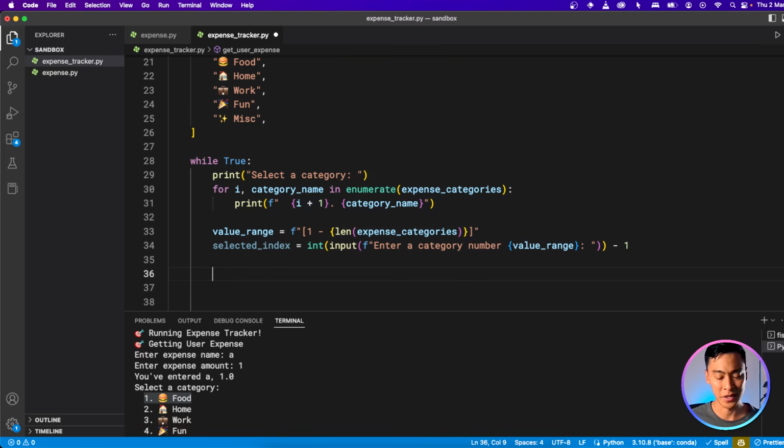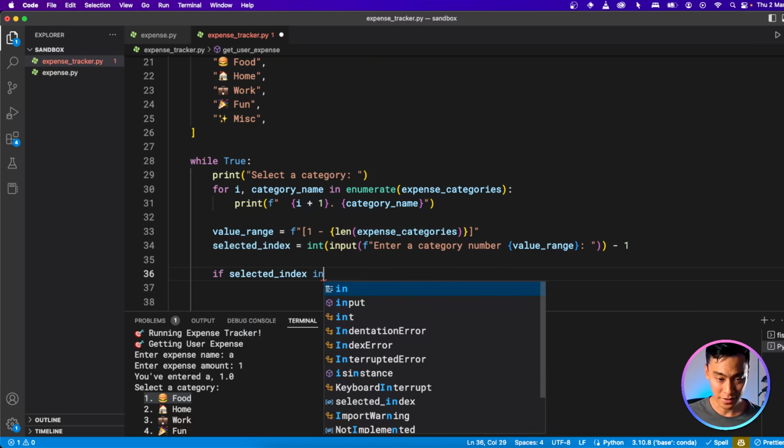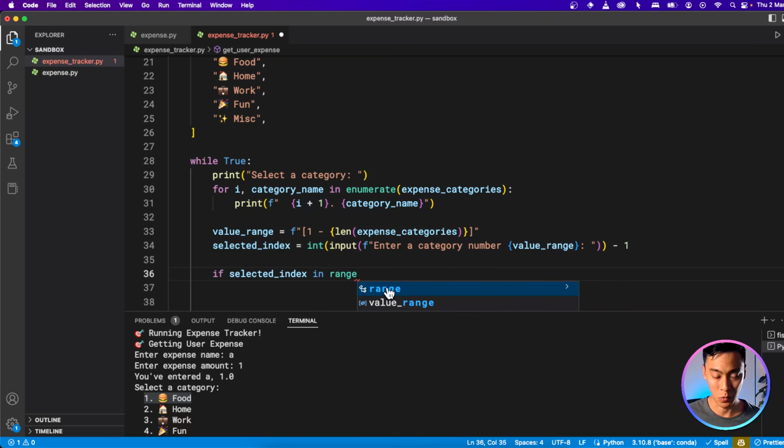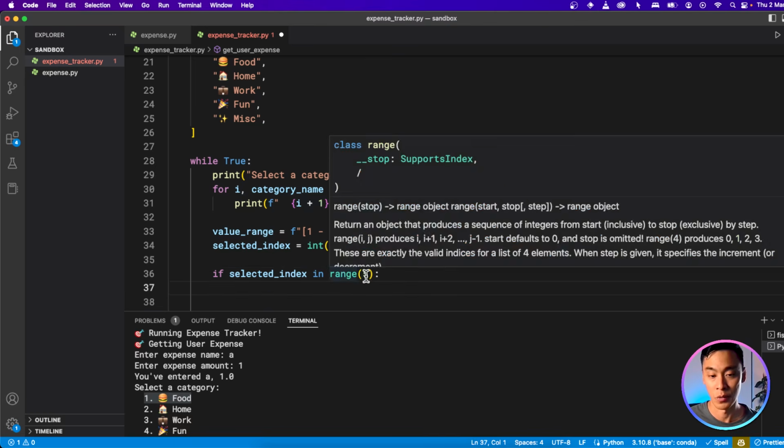Remember, when we check if something is in the range of something, it doesn't include the last number. So if you check if something is in range of 5, it checks that the number is between 0 and 4, up to 4. That's just how it works. So let's just write that out and maybe it'll be more clear. If the selected index is in the range, again, this is one of the functions we learned for looping, and we could do this as well, where we just check for membership in this iterator. And then we can put 0 to 5 if we want, and that would do the same thing. Or if we don't put the first argument, it's always going to assume it's going from 0 to this number.